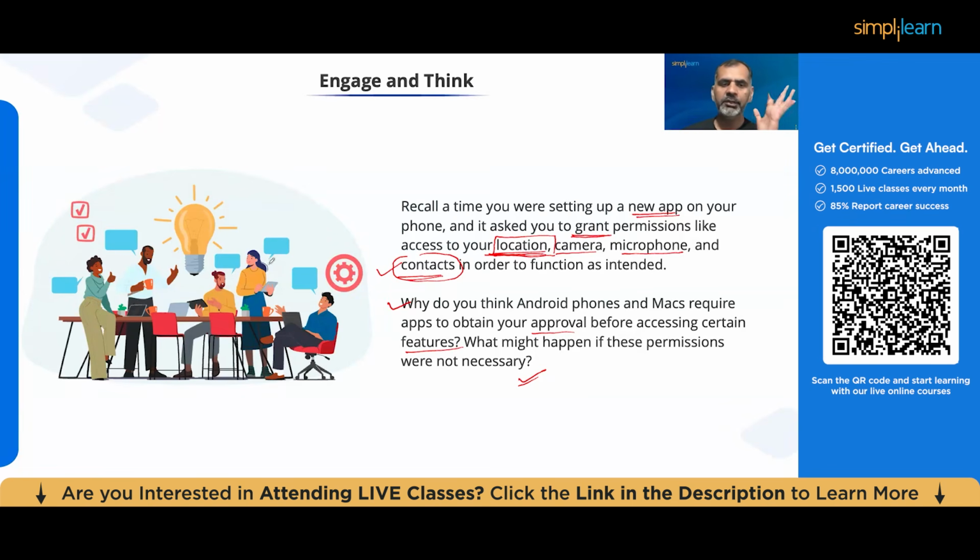You can't be tracked by anyone just randomly unless you give your consent. Nobody can track you, nobody can put surveillance over you. But as nowadays we are mostly exposed to all these kinds of digital applications, it has become very important to understand the consequences of sharing your personal information from the customer's point of view. On the same point, if I'm an application builder, what should my accountability and responsibilities be whenever I'm accessing this personal information for my customers?